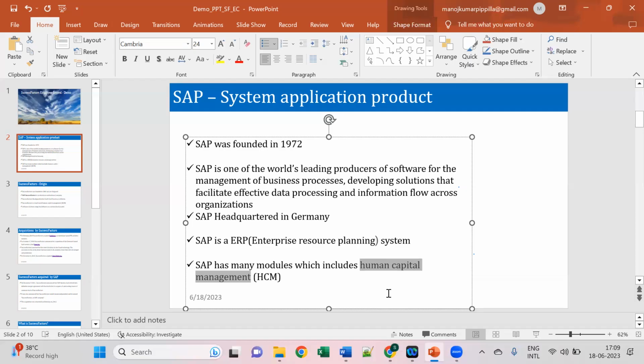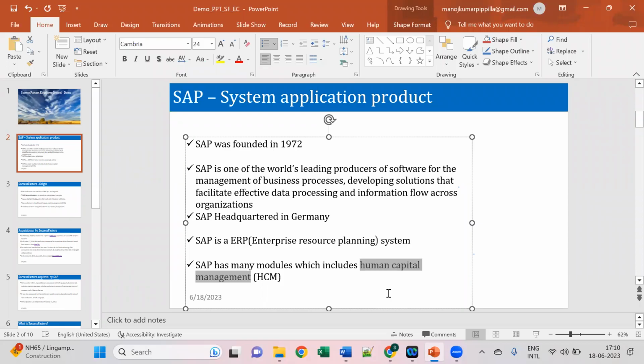So this is how SAP started, and within it there is a sub-module called SAP HCM, which is used for maintaining employee data. Now, why are we discussing SAP? Because we are going to learn SuccessFactors. The interviewer will not ask you any question on SAP itself, but we are going to work in SuccessFactors, which is acquired by SAP.